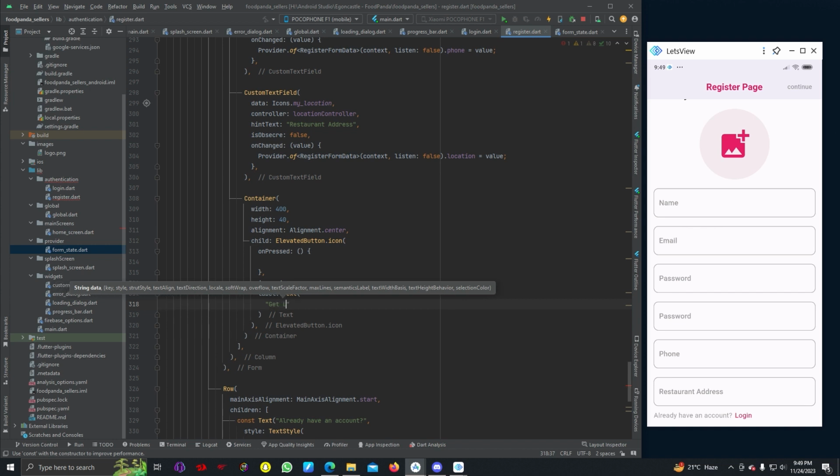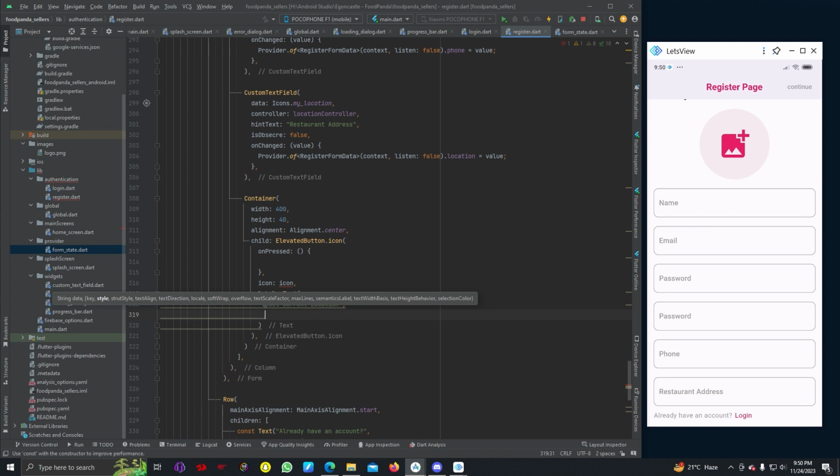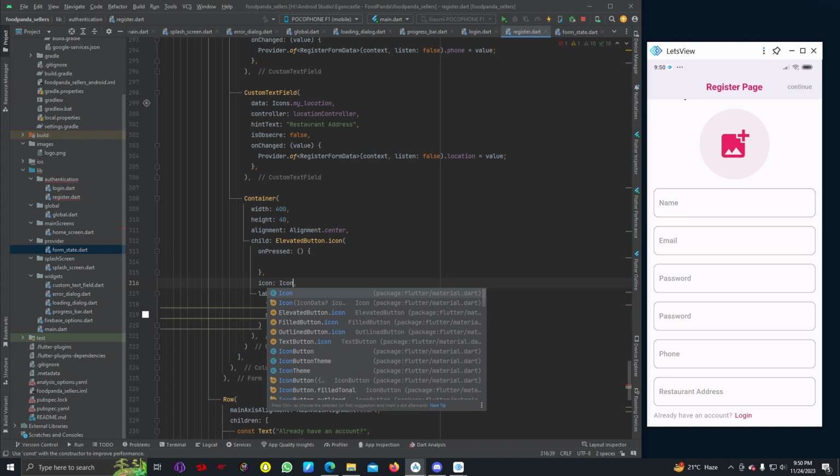Get location or get current location, style text style, colors dot white,